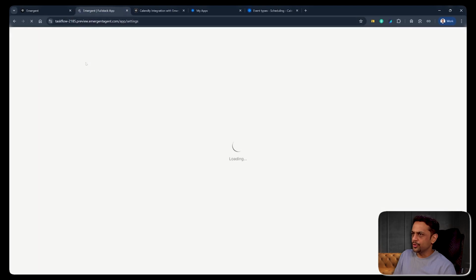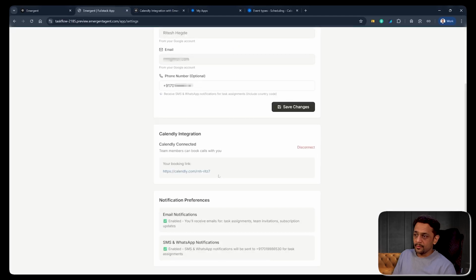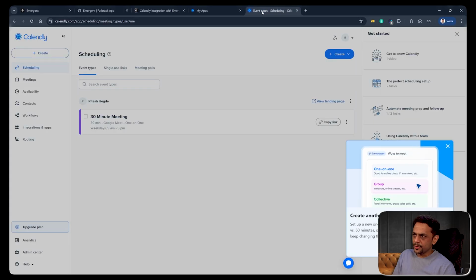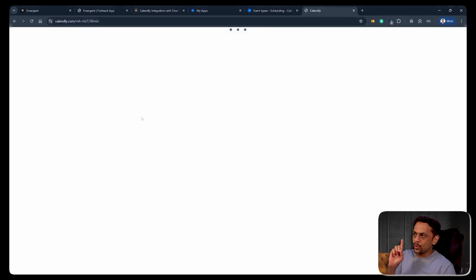So for that, I'm going to refresh. I am still in the user settings screen. I'll click on connect Calendly, connect to Calendly. And you can see that it says it is connected, right? Now let me actually go to my screen over here, copy this link and open it up. You can see it is